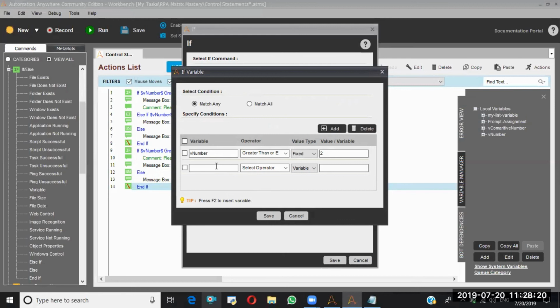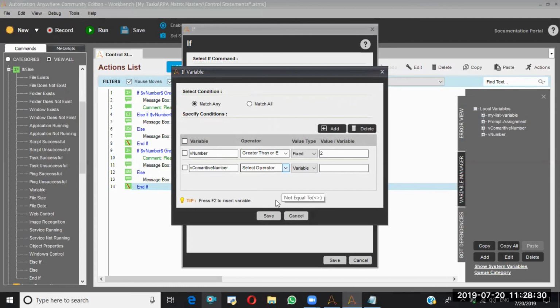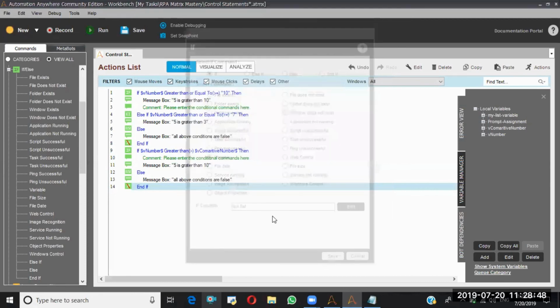Okay, so here I'll say f2 v comparative number less than or equal to, again I'm comparing with a fixed value only, I'm not going with the variable. Okay, let me go with the variable, again f2 v number. Okay, save.